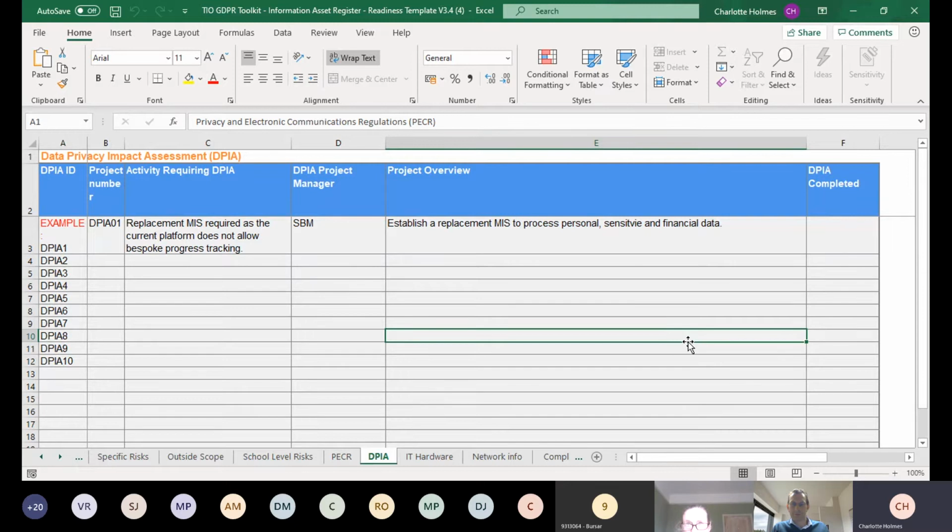It's all that common sense stuff that you do already and you already think about, because GDPR isn't reinventing the wheel. You've been protecting data and your students through safeguarding since day one. Since the day you started your job, you've known that you've got to protect certain aspects. This is just the evidence that you know what you're doing and that you're making it abundantly clear, and you're